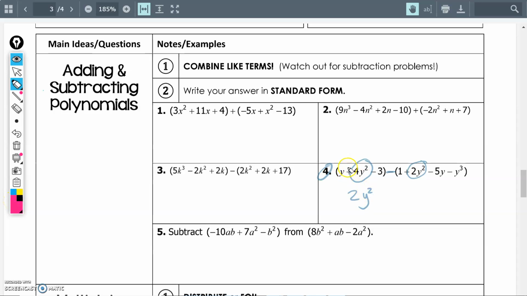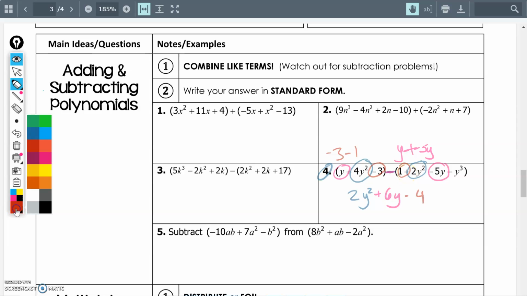Next, we can combine a y minus a negative 5y. Be careful. Minus a negative makes a big plus. So we're going to add 6y. Let's see what else we can combine. We have a negative 3 minus a 1. Here we're talking about the constants. That makes negative 4. And then the last thing we can combine is we have a negative y cubed, but